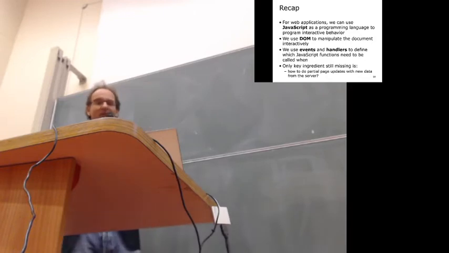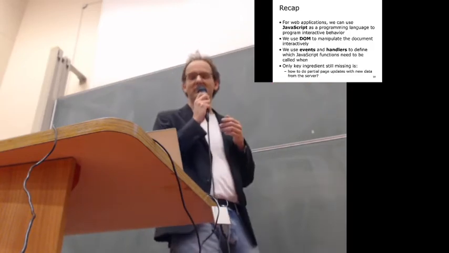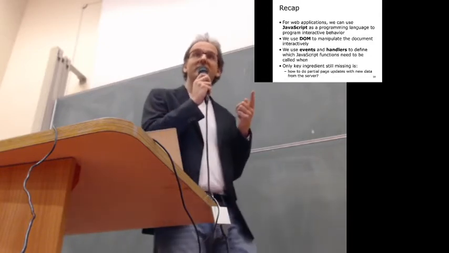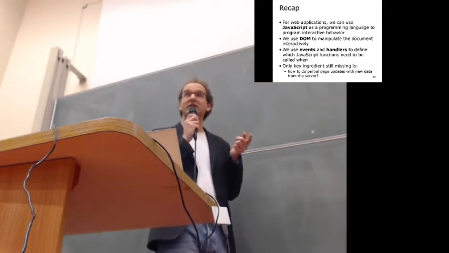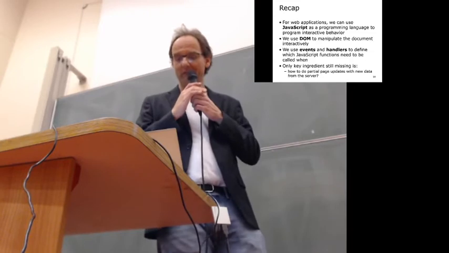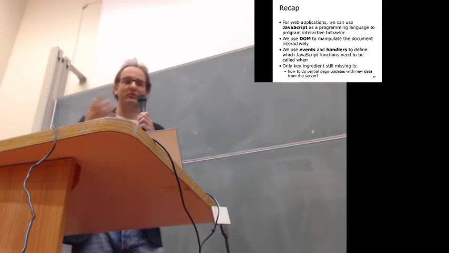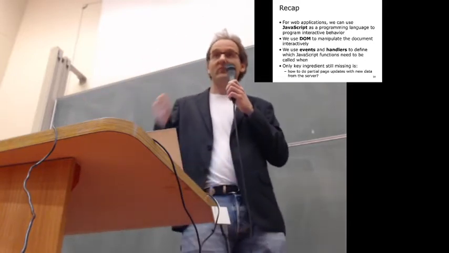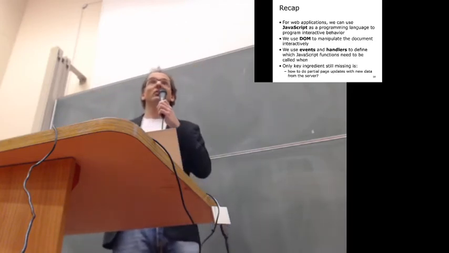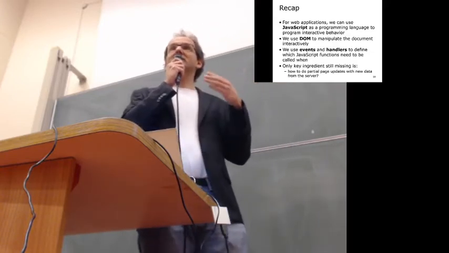Short recap. We have seen that JavaScript is a general programming language, not unlike C++ and Python. We can use the DOM to manipulate everything in our HTML tree and everything in the CSS. We can use events and handlers to exactly define the timing of when all this stuff needs to happen. So there's only one key ingredient missing, and that is how do these partial page updates communicate with the server to get new data from the server without actually going to a new web page on that server. So the whole notion of AJAX as a technology to implement these partial updates,